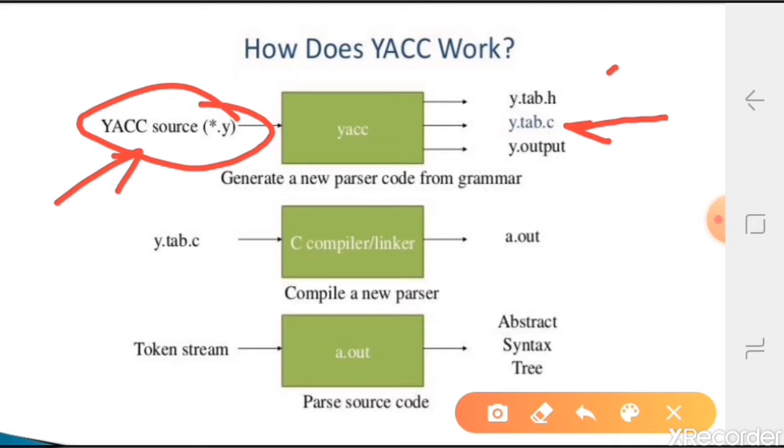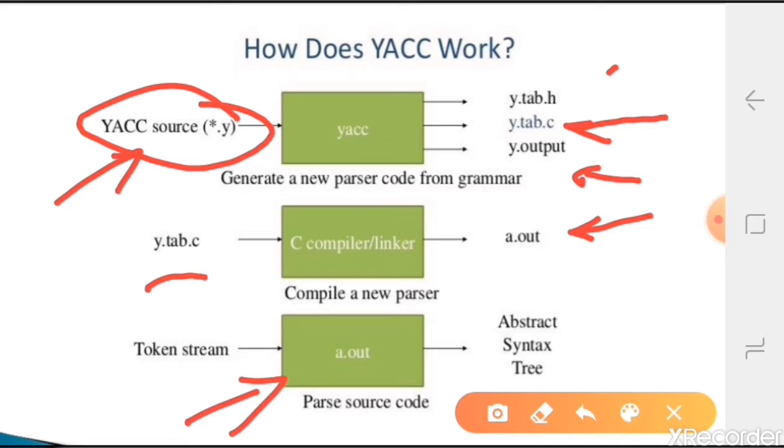So here in y.out we will keep the parse tree, that is for the next phase of the compiler. Then whatever C file we got, we have to compile it. That C file is nothing but y.tab.c. This C file will be compiled using the normal C compiler, that is GCC. Then we'll compile it and get the output a.out. So now we'll run the a.out.